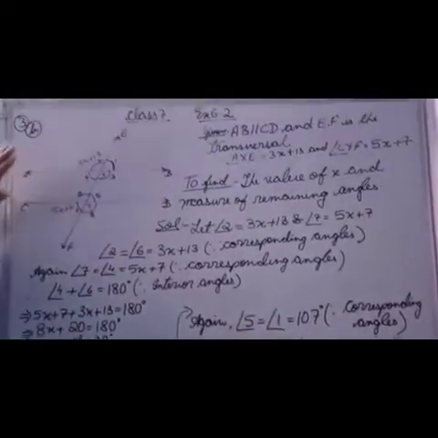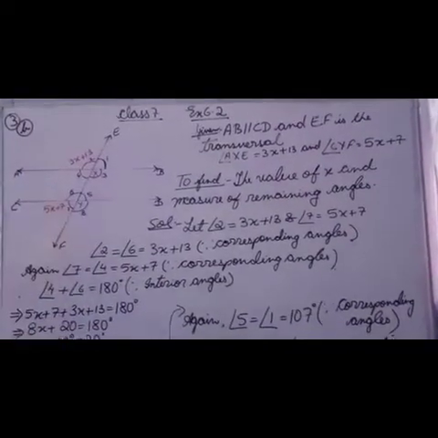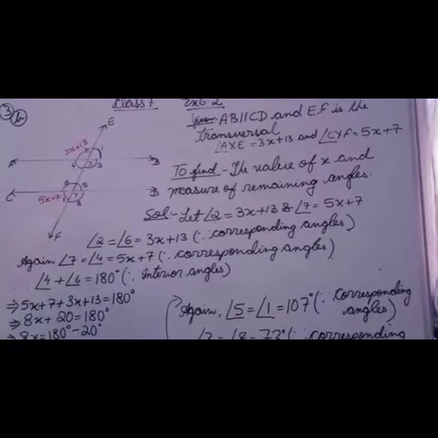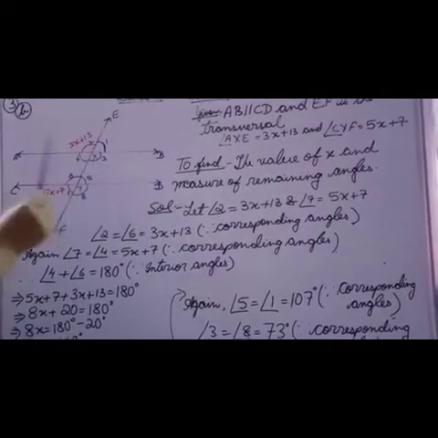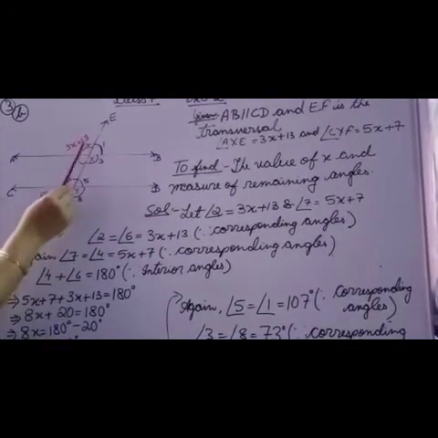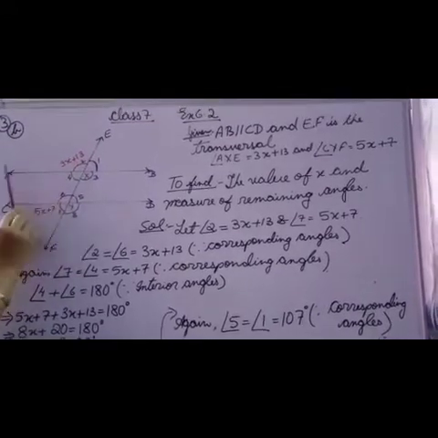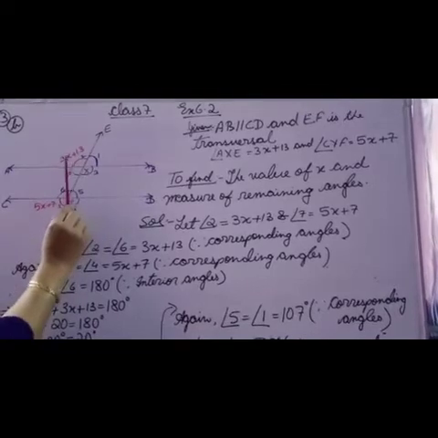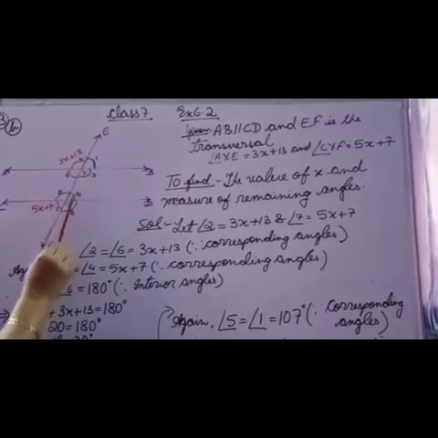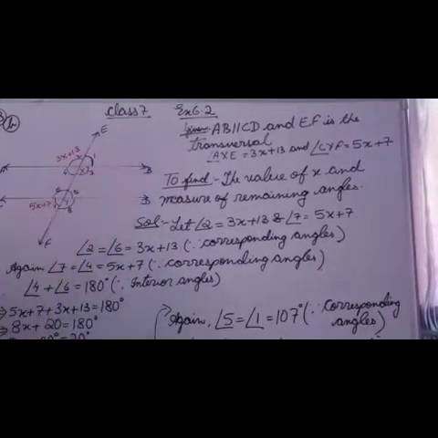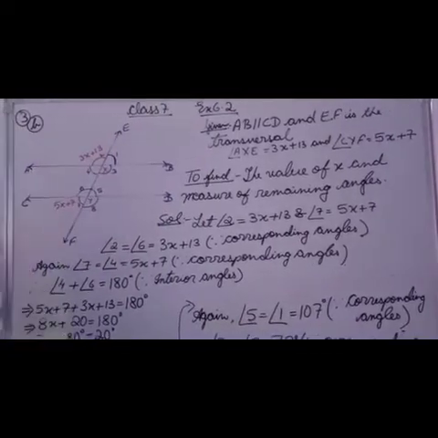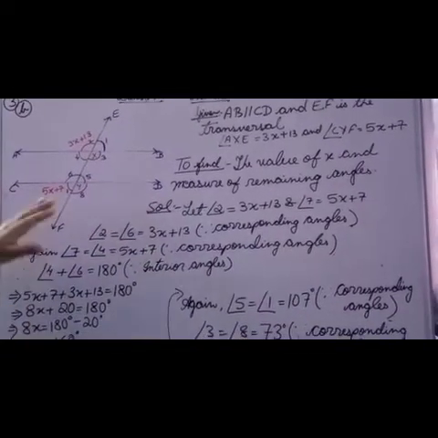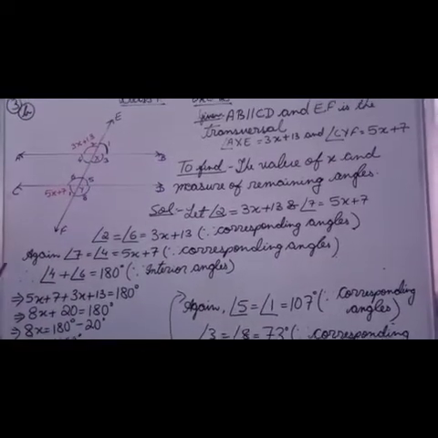So these sums, you might find that it is a very long sum, but in actual it is not difficult at all. It is a very easy sum. So first you find out the measurement of all the angles which are on the left hand side of the transversal, and then with the help of these angles you can find out the measurement of all the angles on the right hand side of the transversal. Go through these sums very nicely. This has been done in a very easy method and I hope you understand this. Now we will continue with the next sum.